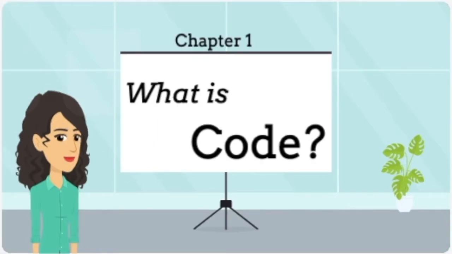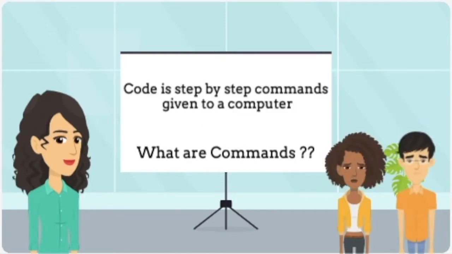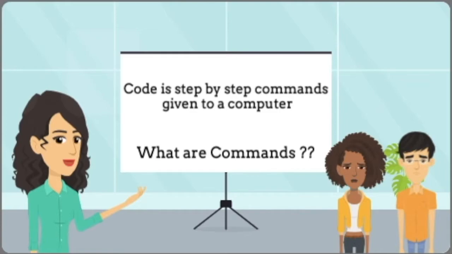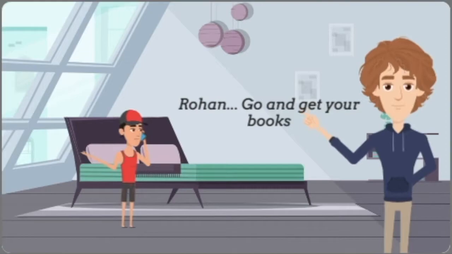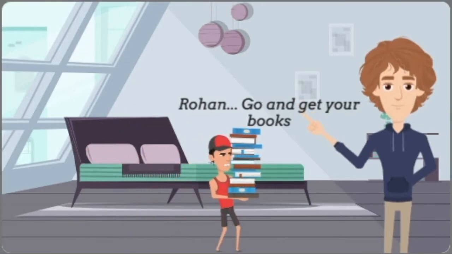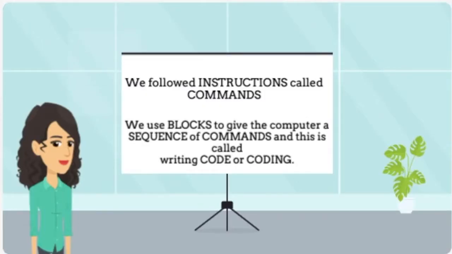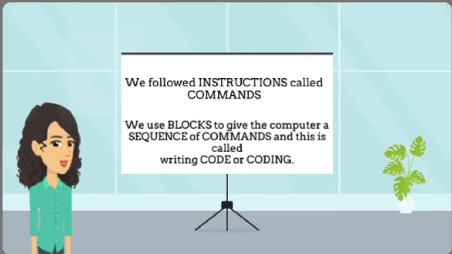What is a code? Code is step-by-step commands given to the computer. So do you know what commands are? Okay, don't worry. Let me give you a small example so that you can understand. You can see there are two characters, Rohan and his dad. Rohan's dad is telling, Rohan, go get your books. So Rohan did some actions to the instructions. Okay, so instructions are also called commands. So we will be using block commands